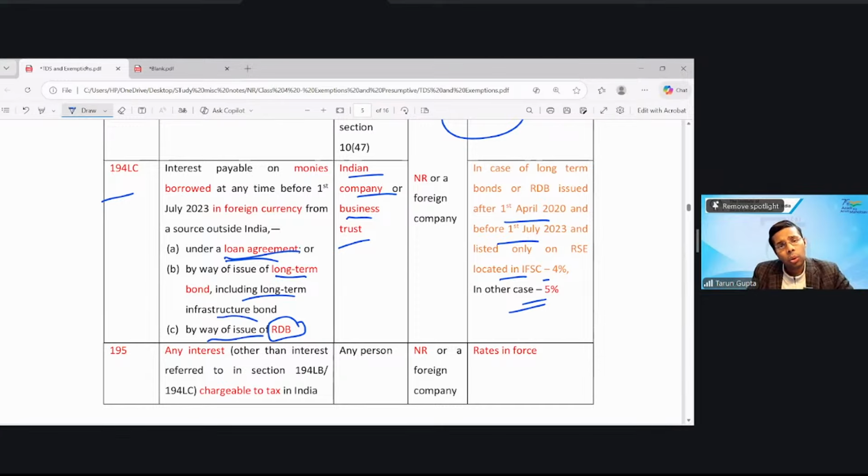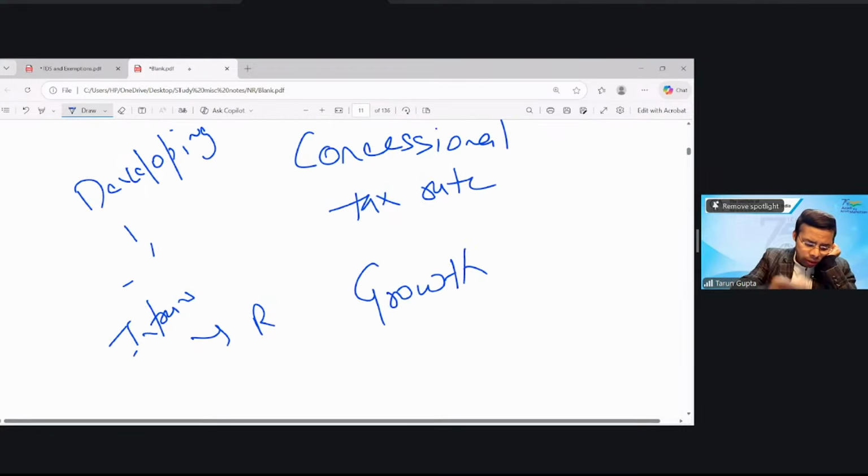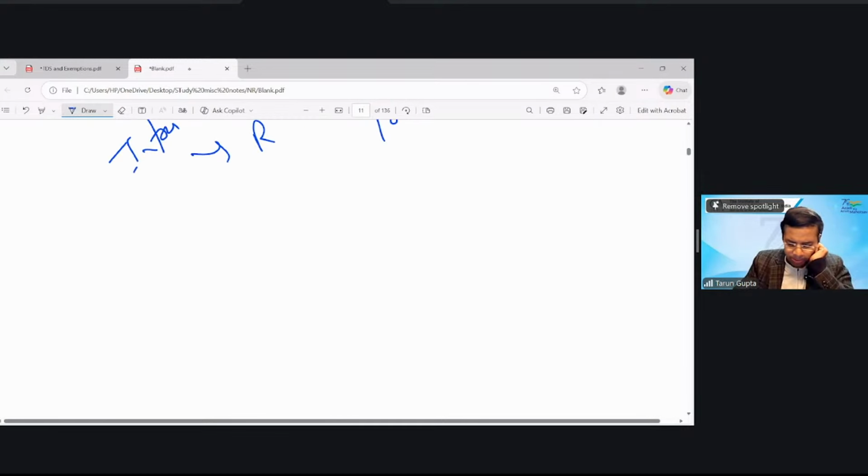Otherwise, the tax rate is only 5%, and this Indian company is required to deduct tax at the rate of 5% on payment to a non-resident or a foreign company. So again, a very, very concessional rate, only 5%. At this point, we are all studying from the domestic tax point of view,